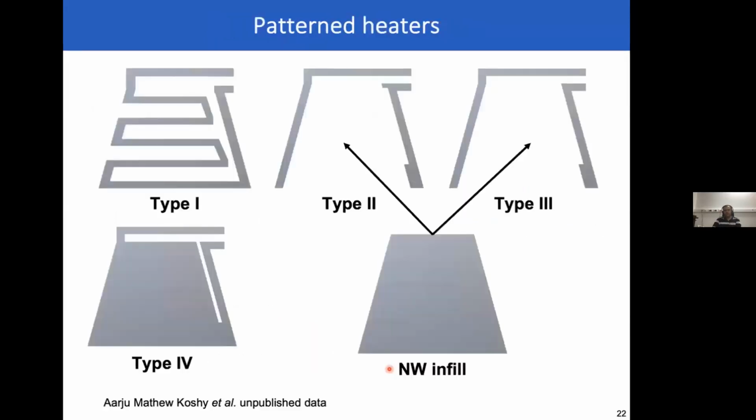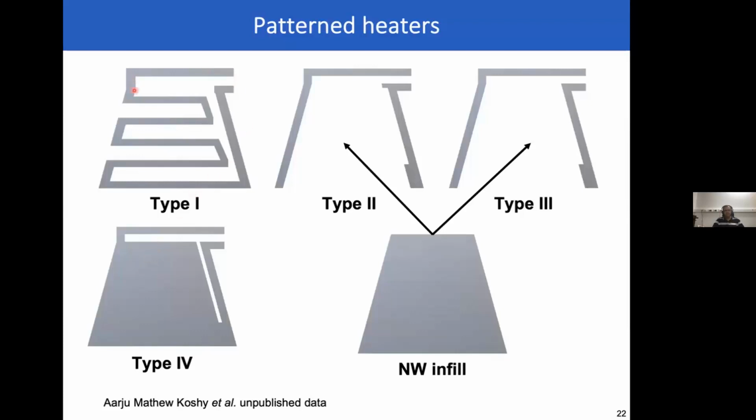Now, one of the advantages of using a printer is that I don't have to have a heater that is uniform. I can go ahead and make various patterns. One advantage is you can save material because I don't have to coat a uniform layer, but it also allows me to introduce different types of temperature gradients within a single substrate, which can be used for other kinds of applications. So in collaboration with our industrial partners, we have been looking at various pattern heaters.